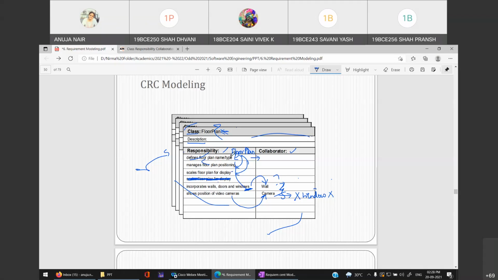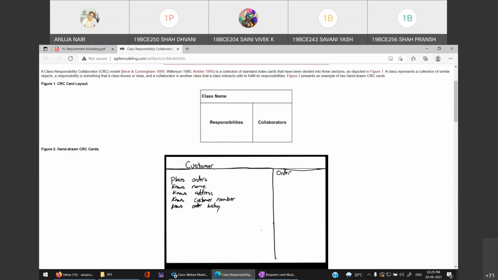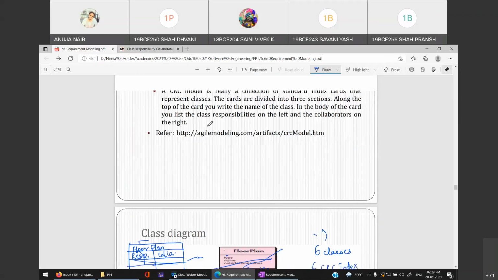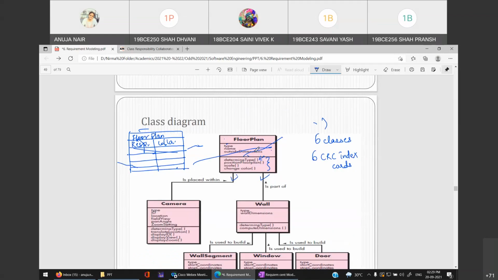Now the opposite should also be true. When you create the card for the wall class, it should be associated with the floor plan class. Which classes are associated with wall? Only with wall, 4 classes are associated. All these 4 classes should be present in the CRC index card of wall.